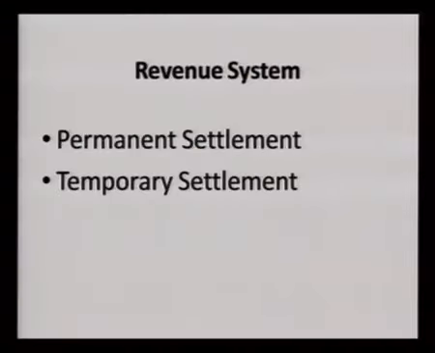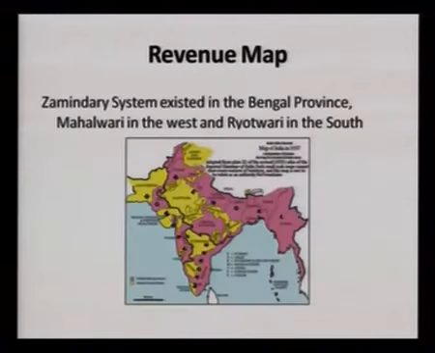So permanent settlement means fixing the revenue permanently. And temporary settlement means revising the revenue every 25 or 30 years, depending on the market rate at that time. Permanent settlement gave rise to what is commonly known as the Zamindari system in the Bengal province. If you look at the revenue map of British India, in the picture you will find two colors. One is the Bengal province, which is on the right-hand side corner and spreading towards the north. In the south it was the Ryotwari system, and Mahalwari in the west, that is, it covered Gujarat, Bombay at that time, parts of Rajasthan.